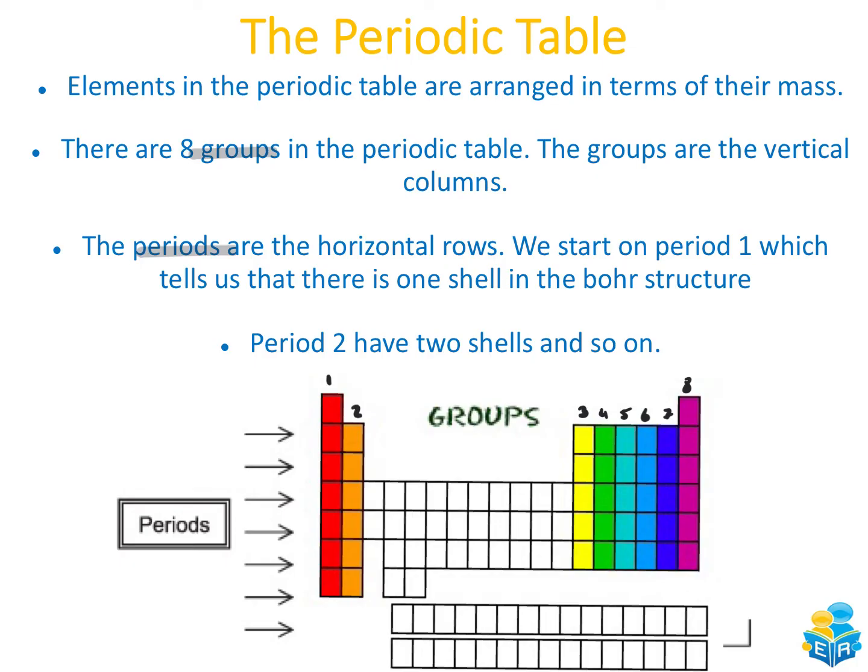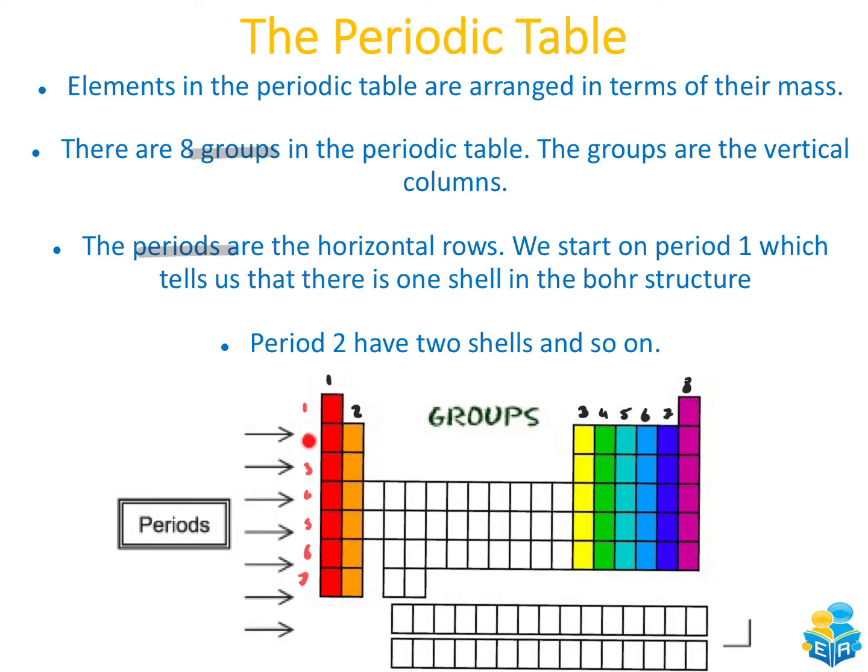So if we were to look at that, that would be period 1, 2, 3, 4, 5, 6, 7, and so on. So we start on period 1. What these numbers here tell us is the number of shells. So anything in period 1 only has 1 shell. Okay, so that means they have a maximum of 2 electrons because they don't need to move on to the